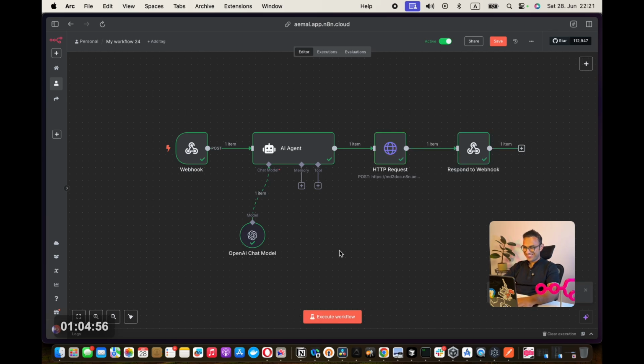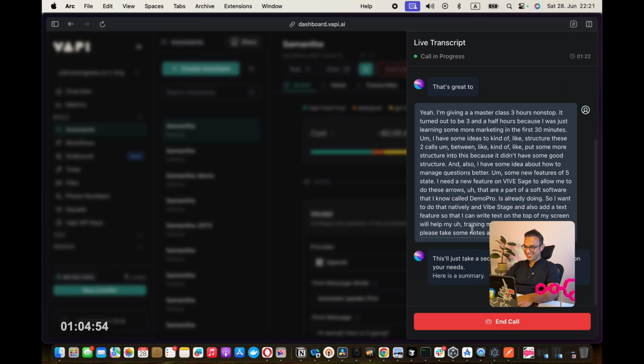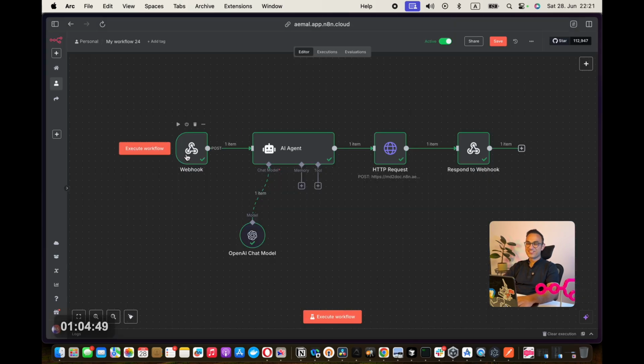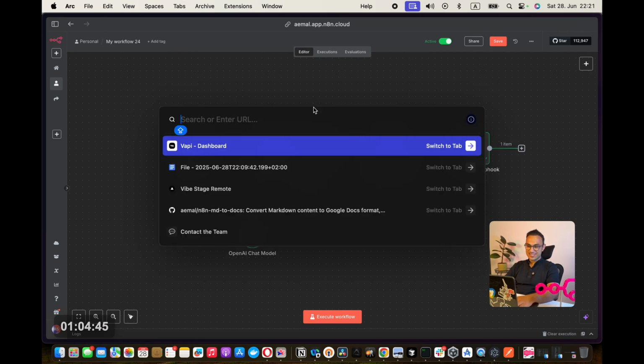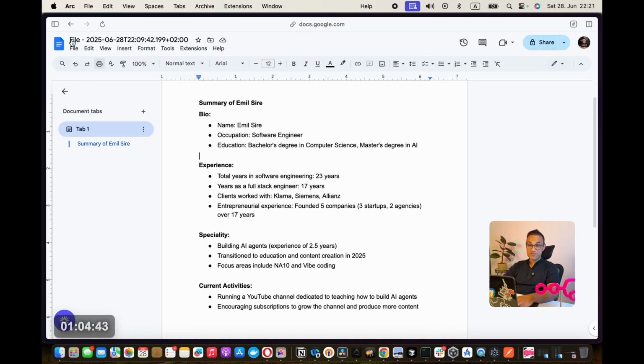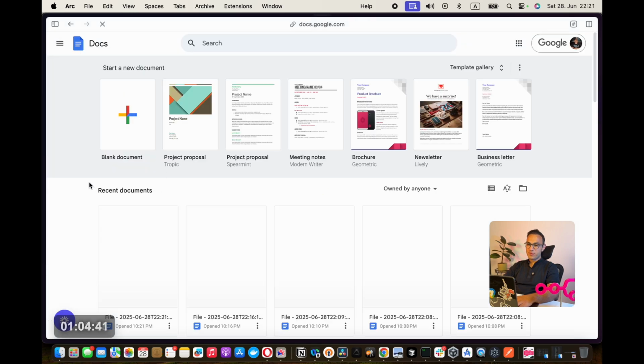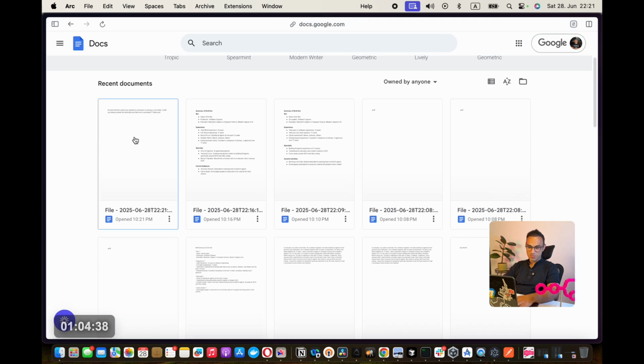"I've created the notes based on your needs. Here is a summary." So what we have just seen is amazing. It ran through it, it understood my intent, it created a document. Let's check that document and if it got it right. So we built ourselves at this moment a Google